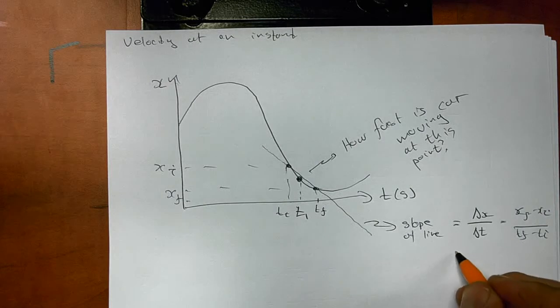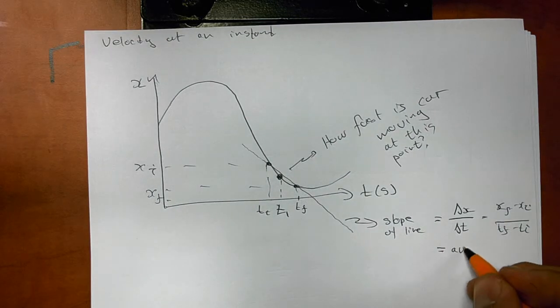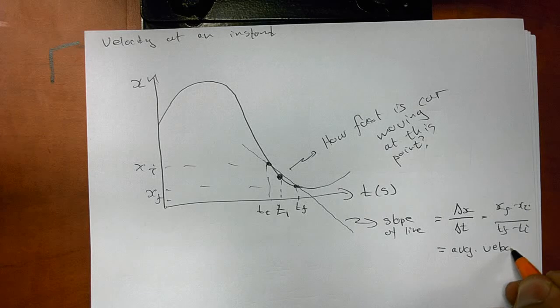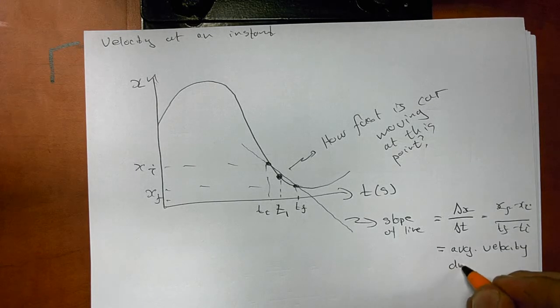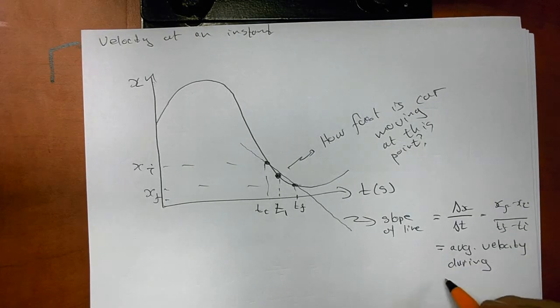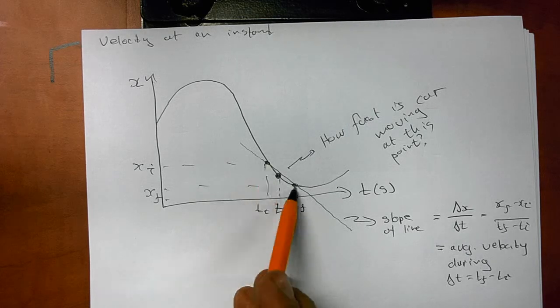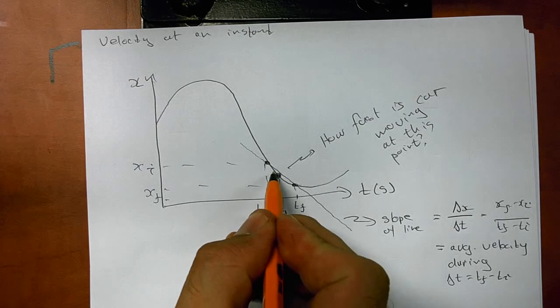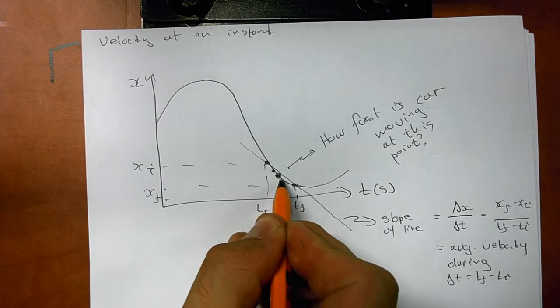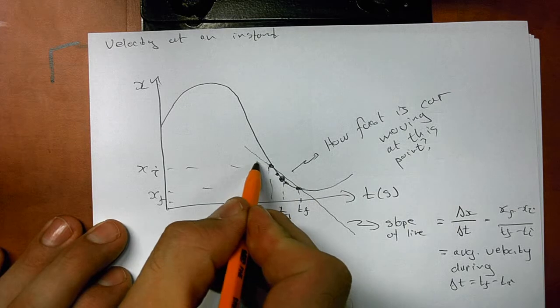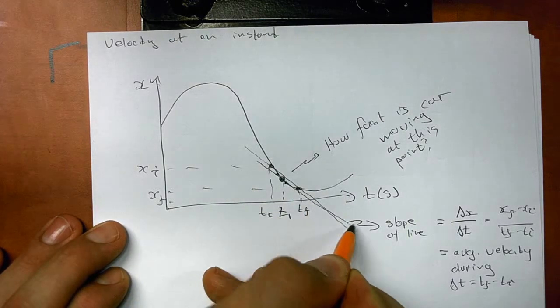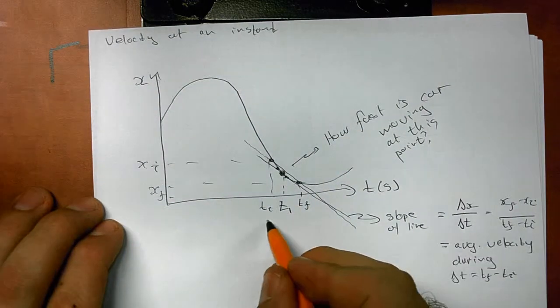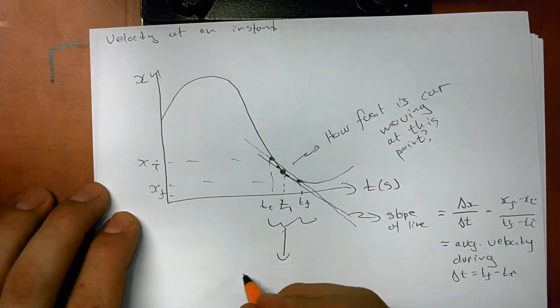Right? And we know we've already defined this quantity. This is then the average velocity during the time interval delta t equals t final minus t initial. Now, this is on average what our velocity was during that time interval. If we make this interval smaller, so let's say we choose rather 2 points over there, we get a different straight line. And if we make this interval smaller and smaller,